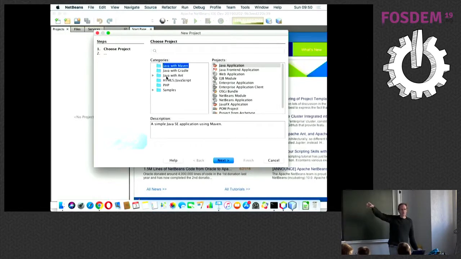So there's still a small problem here, and one suggestion is that there might be a category that just says Java, and it would link to the Maven project, and at the end of that wizard you would have a Maven-based project. There are no easy answers. You actually have a description field. You could detail there that there are actually project management systems. No one reads the description field. I don't think people read the description field.